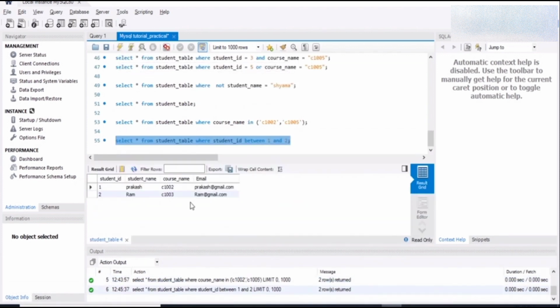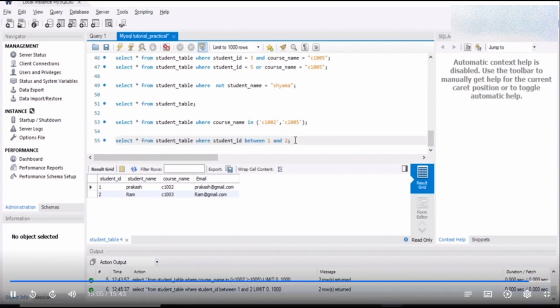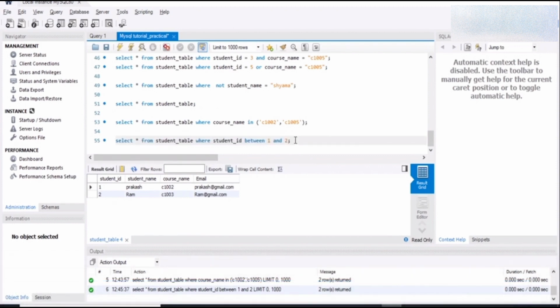Yes, so we all know the AND operator, and here we are combining two operators, BETWEEN and AND. I said select star, please give me all the details from the student table where my student ID is between 1 and 2. If my student ID is between 1 and 2, then please send all the data I have in my database. So this is how our BETWEEN and IN operators work. So let's go back to the